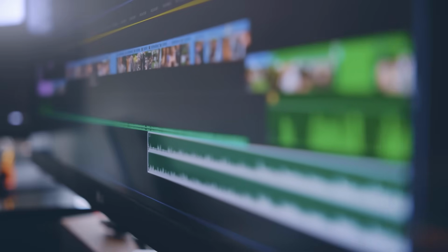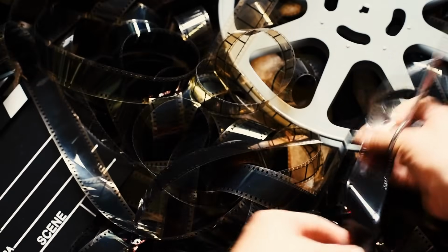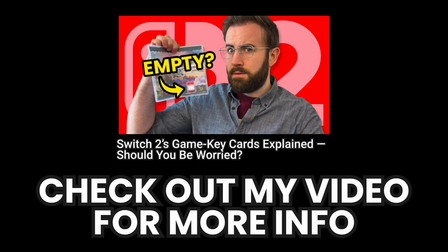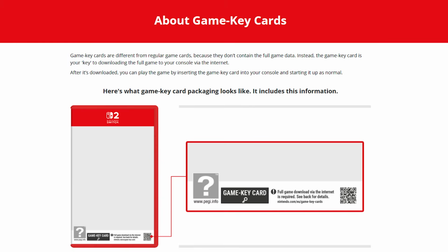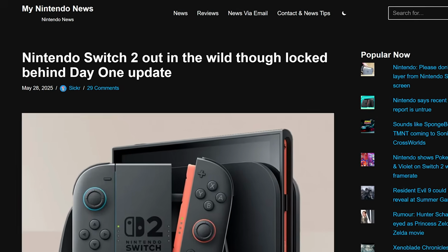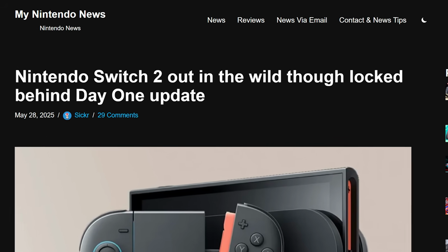Hey, this is Editing Brian from the future. I did want to point out that if you don't have a strong internet connection, you should probably stick to the physical game cartridges. But when you do, make sure you're avoiding any game key cards. Games where the cartridges themselves don't have the full game, they still require a full game download. It's labeled right on the box and on the websites, but games like Bravely Default, Hitman World, Hogwarts Legacy, Street Fighter 6, Yakuza 0, all of these are game keycards and require a strong internet connection to download the entire game. Plus, you'll also have to log on the first time you start the system for the day one patch,